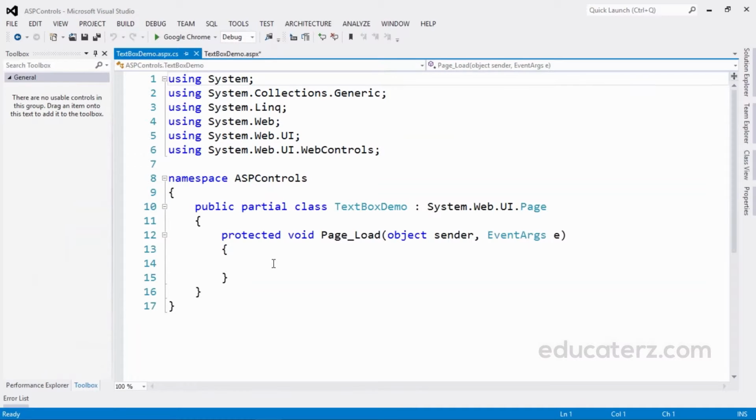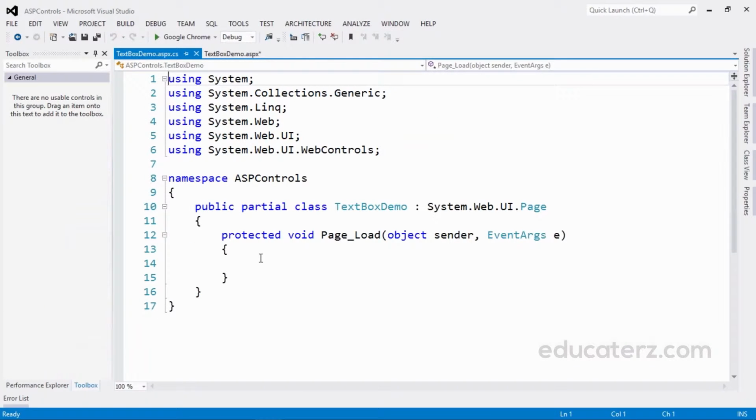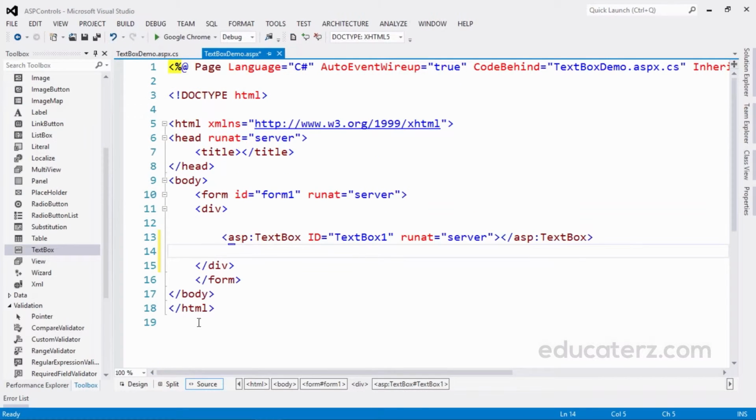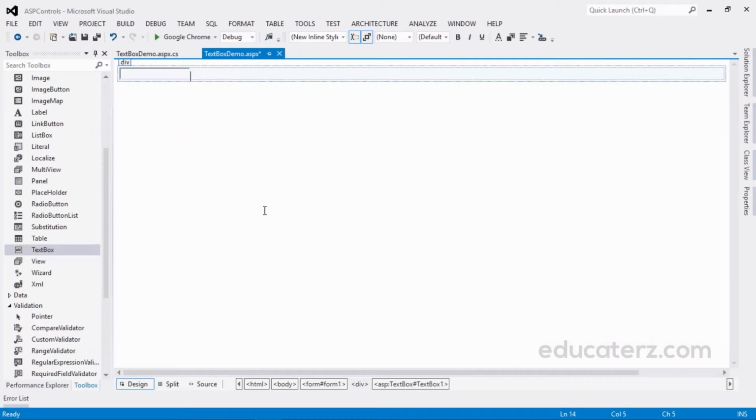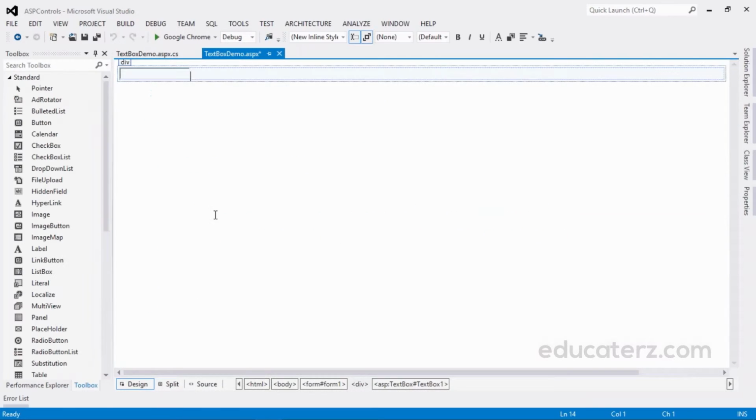You need to type whatever you wanted to do from the server side coding. Here this TextBoxDemo.aspx is for designing purpose and this is for server side coding purpose. This you can see on a web browser. This can be behind the scenes, whatever you are writing, the business logic.